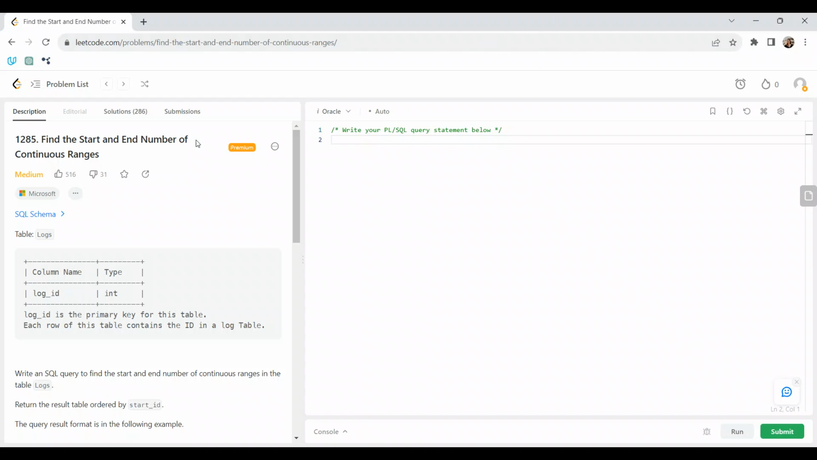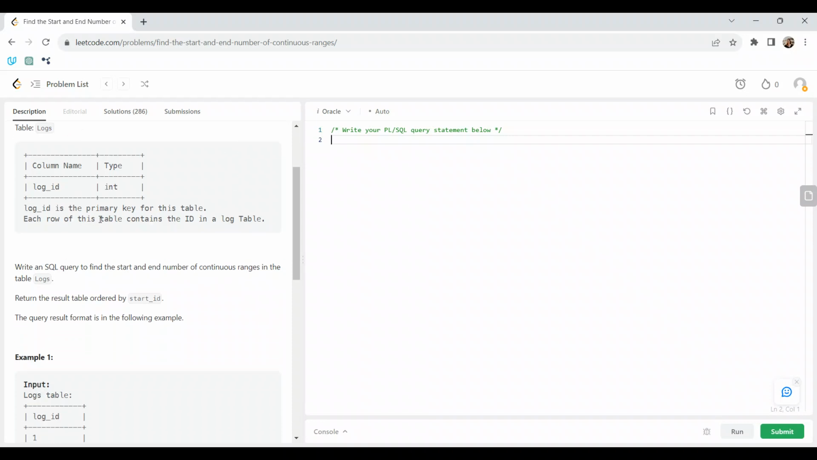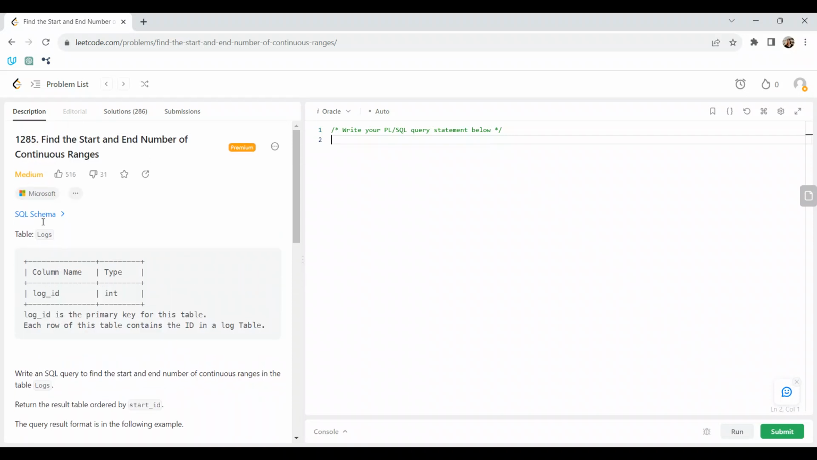So here is the question for today. Find the start and end number of continuous ranges. I've done one of these before, and a technique I call the blocking technique. Basically,